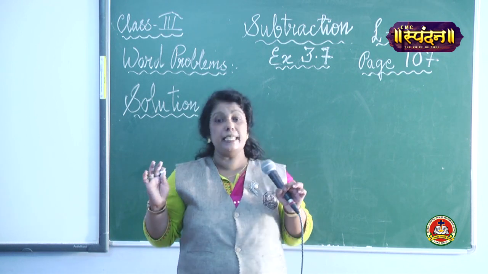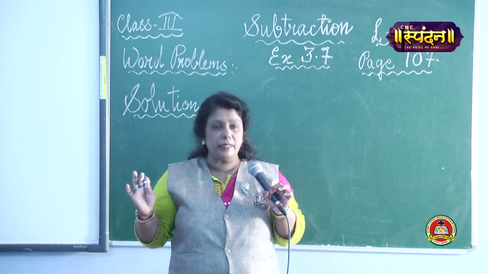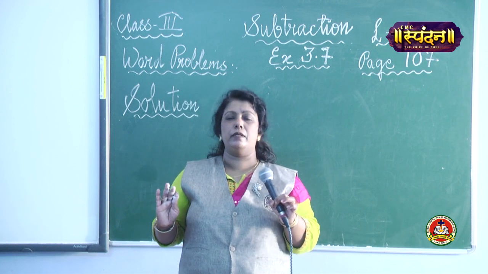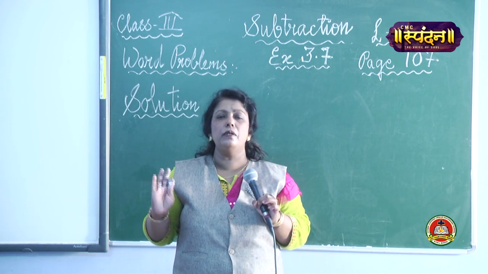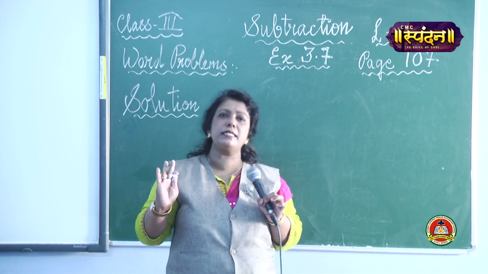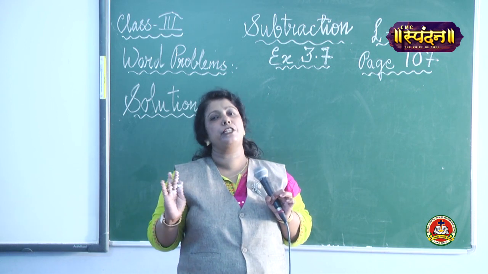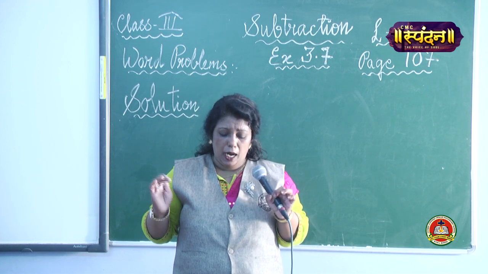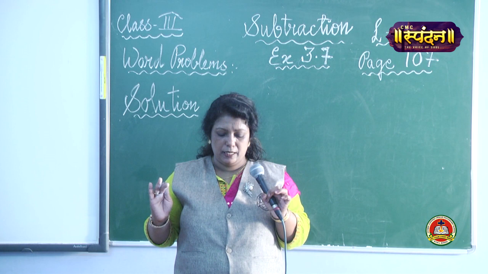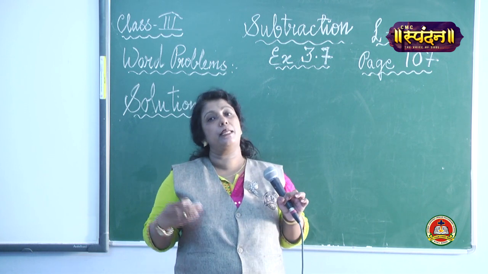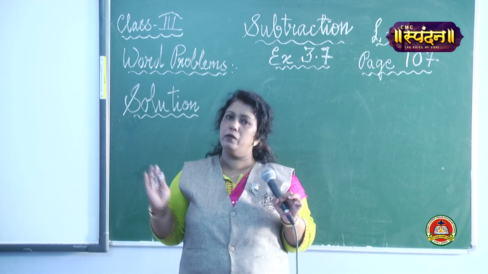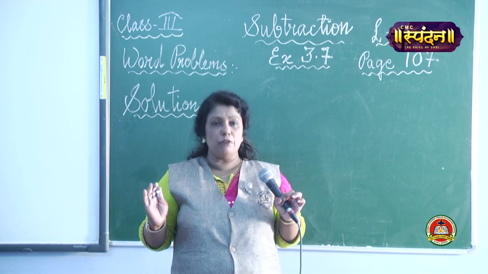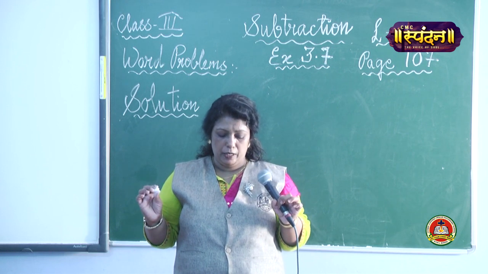But till evening, what happened? They planted only 2,375. शाम तक लेकिन उनको 2,375 का ही प्लांटेशन कर पाए, पौधा लगा पाए. Then what happened? How many more saplings were to be planted? कितने मेरे पास बच गए? Okay? So for that, first line for solution, what are we supposed to write?